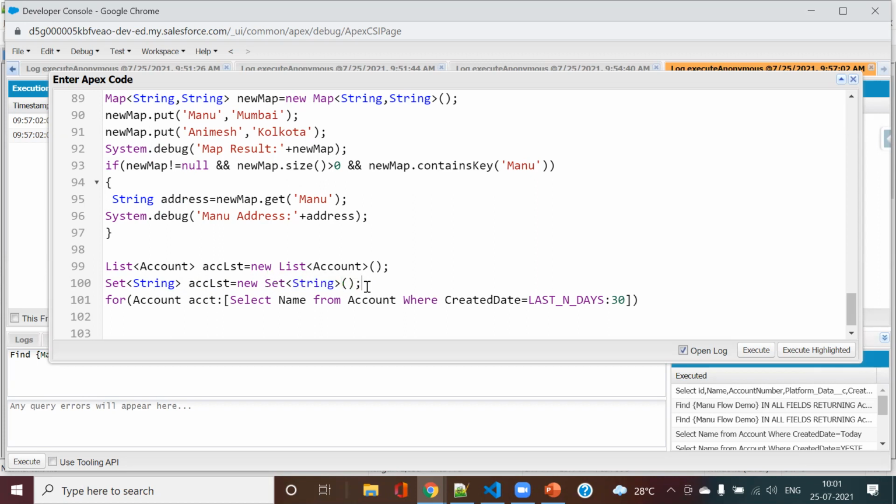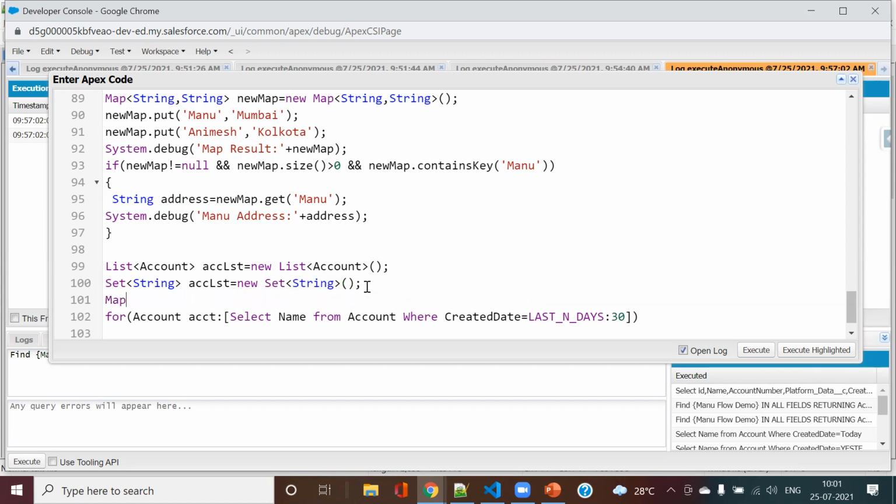Third, we will have a map. Since it's key-value, in the map I will have my key as the account ID and the value as the account record.